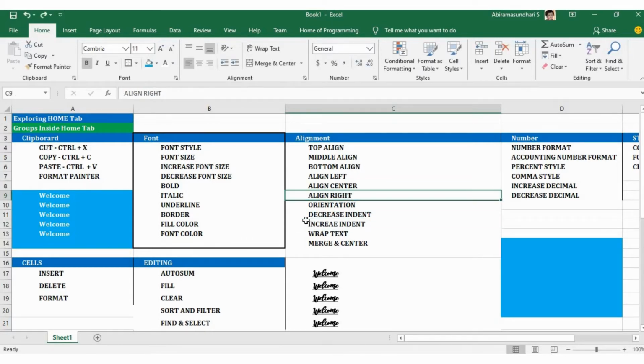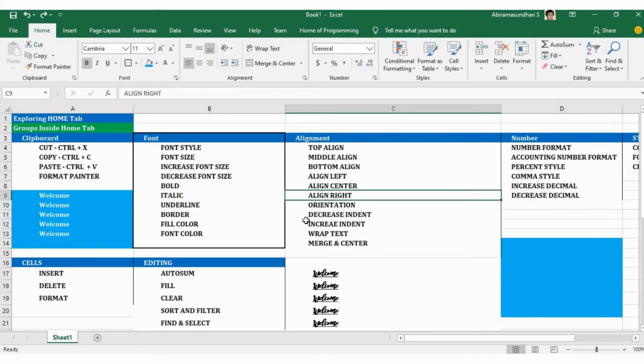And this is all about your font group, which contains options such as font style, font size, increase font size, decrease font size. You can change the style of the font to Times New Roman, Cambria, Algerian or any other format.